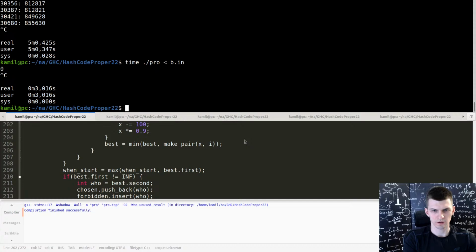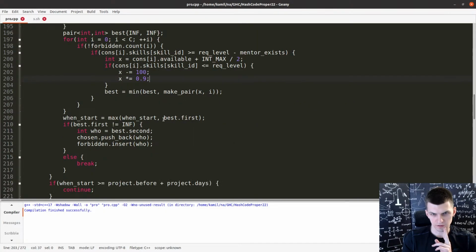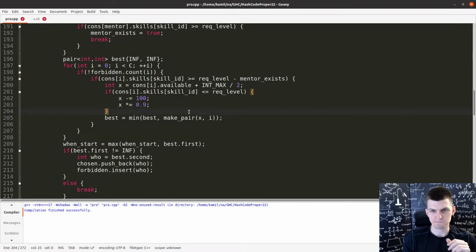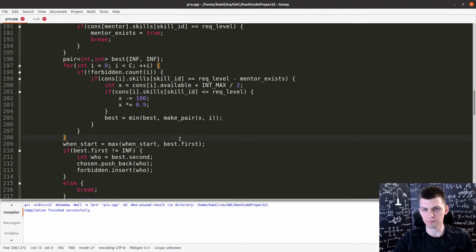Well, that doesn't work. How do I use best dot first? Like that. Okay. So I should compare using those, but that's not how you then figure out the exact start. Maybe this should be more things.